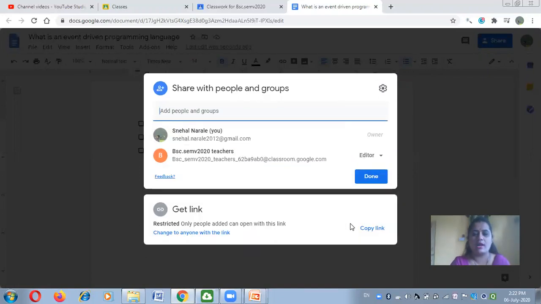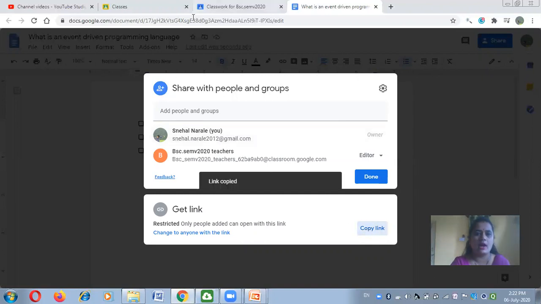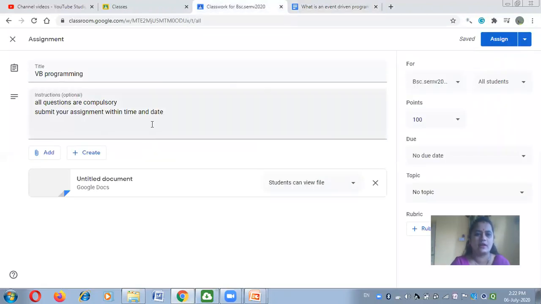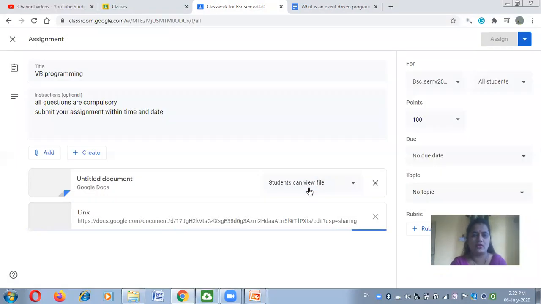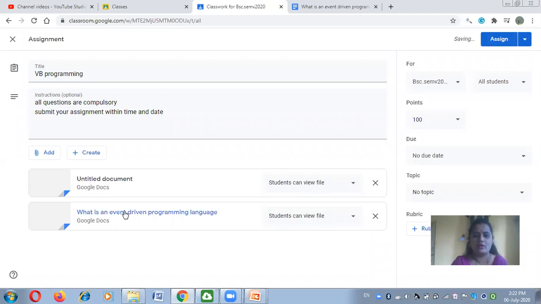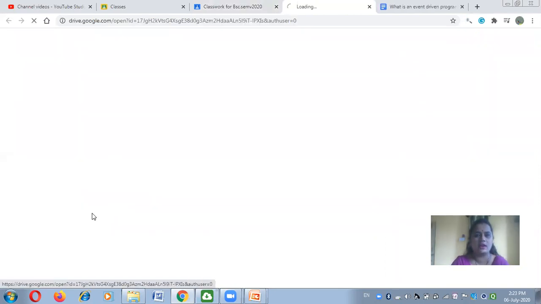And the second option is you just copy the link and paste here. The link is here, you can paste the link and click on the OK. Okay, so now the link is created. Google Doc is already created here, and you can see these are the questions